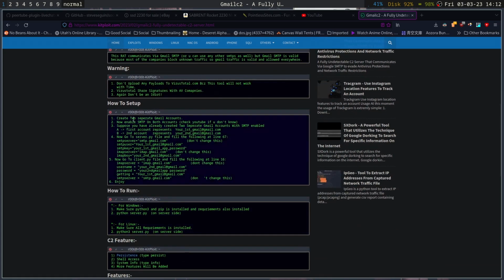So the setup process is actually pretty simple. This is mostly a Python script that you run on your machine, the master machine, and then all the other victim machines get a different Python payload. So you create two Gmail accounts, and these two accounts are your receiver and your sender. When you're setting this up, you also need to set up the Gmail accounts